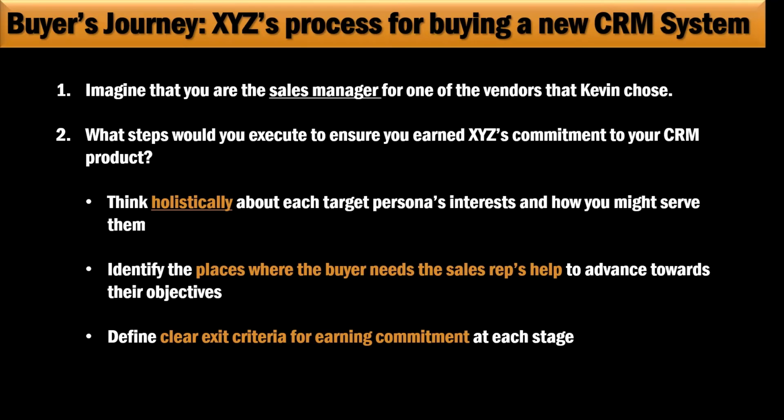After I do that, what I'm going to do is try to imagine that I am the sales manager. What I want you to do is take a second and think about it from what you know about the XYZ process and what I just spelled out in terms of how they're going to go through it. How would you put together a sales process that fit with that? Hopefully it's not a total blank stare and you've got some ideas, because that basically is what a sales manager does in terms of designing a process. So that's what you're trying to get to: how do I design this process?